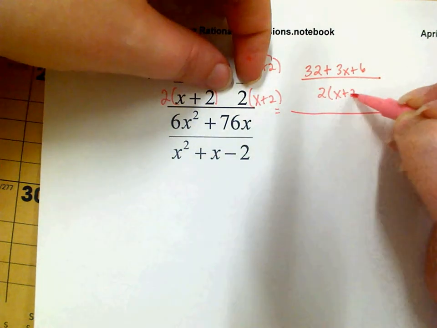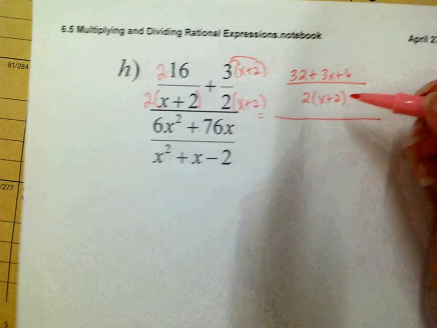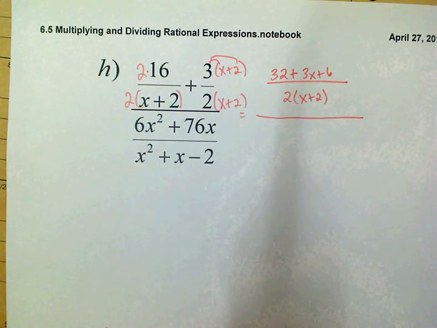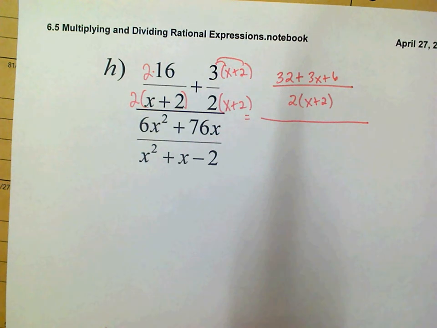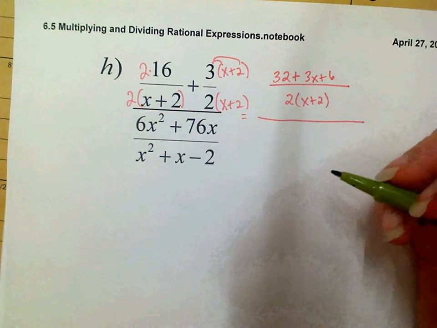So just find a common denominator and then combine. And then the denominator is just that, right? We could go ahead and,